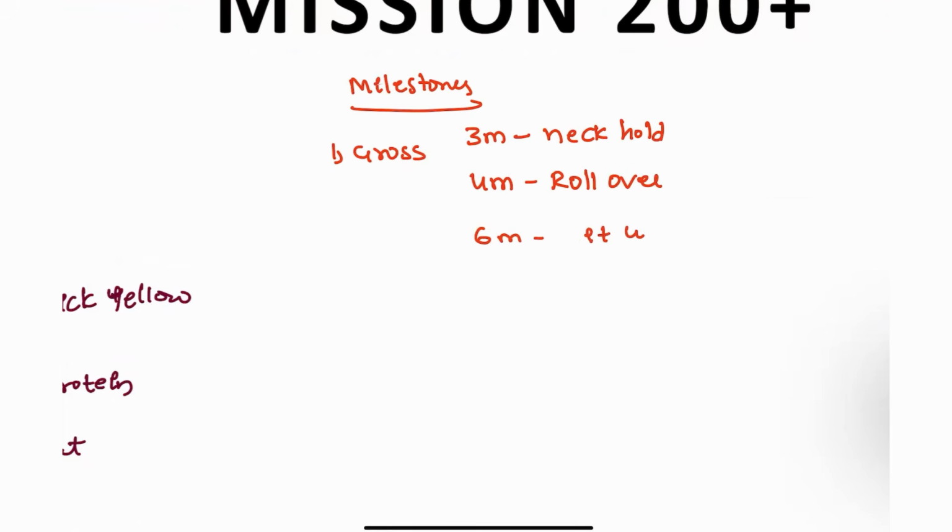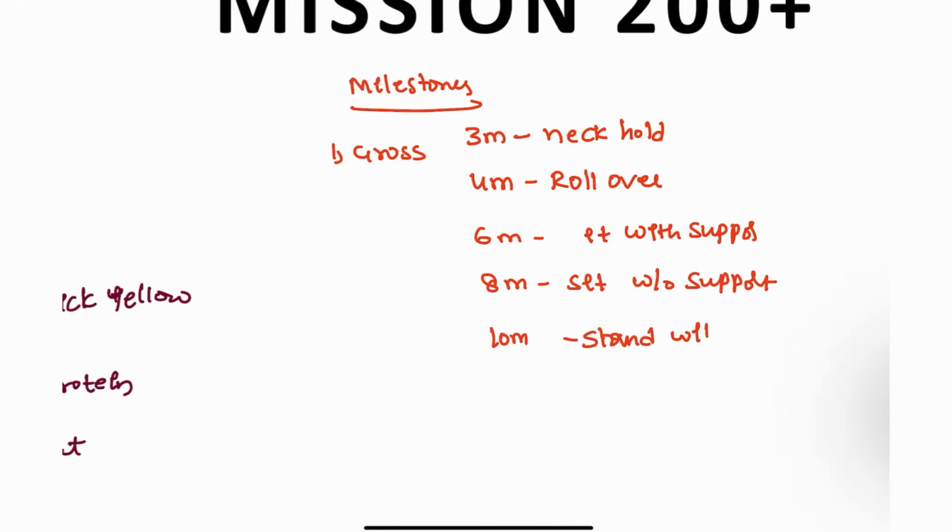The milestones, first we are going to see about the gross motor. So gross motor will be following the cephalocaudal, guys. So for example, 3 months neck holding, okay, 3 months neck holding, and 4 months rollover, 6 months baby is going to sit but with support, okay, 8 months sit without support, next 10 months stand with support,